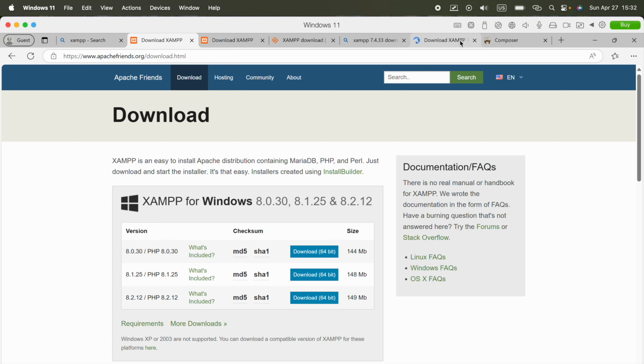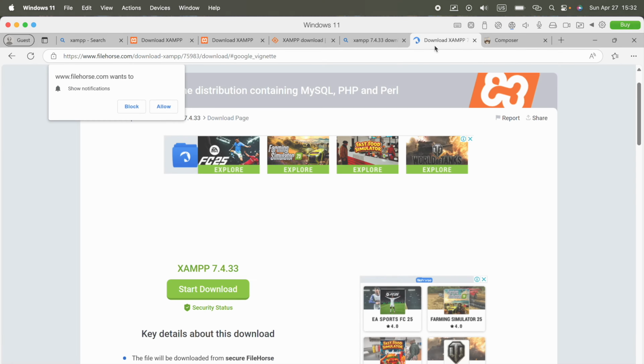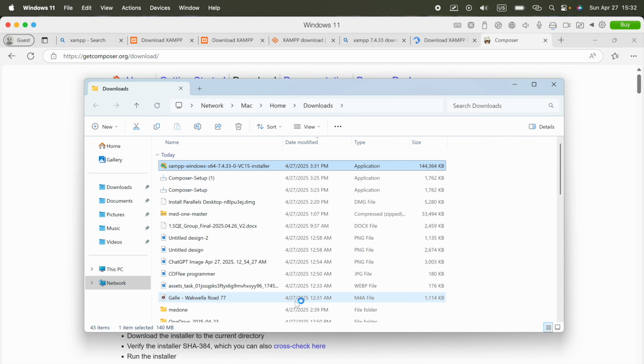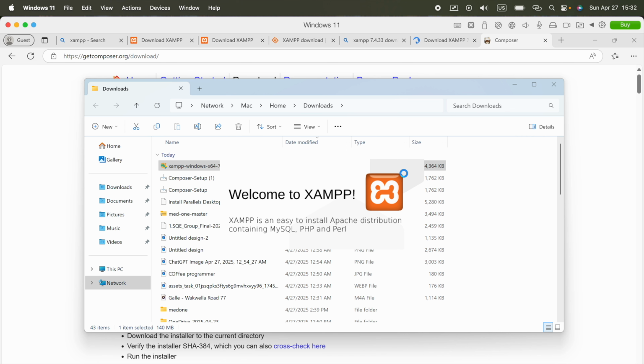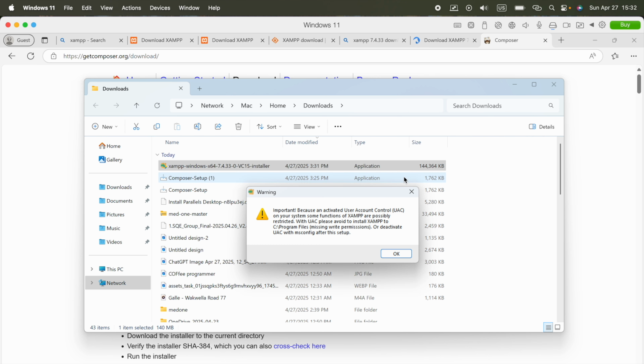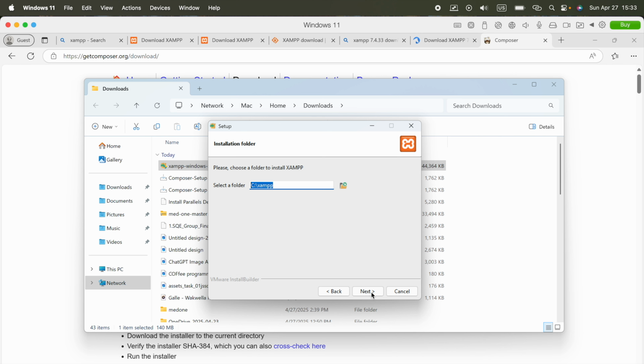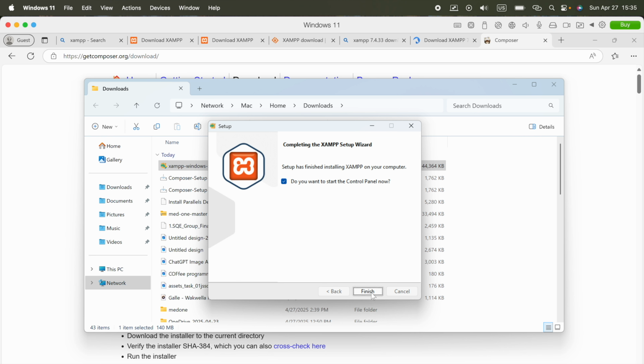Now I already got that download file, then I'm going to install it. I'm going to go next, next, next. Alright, we installed XAMPP. I'm going to click finish,